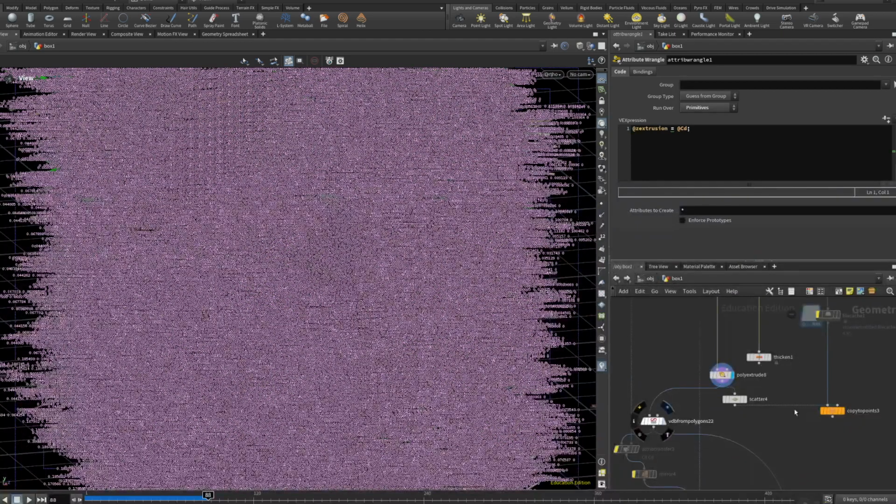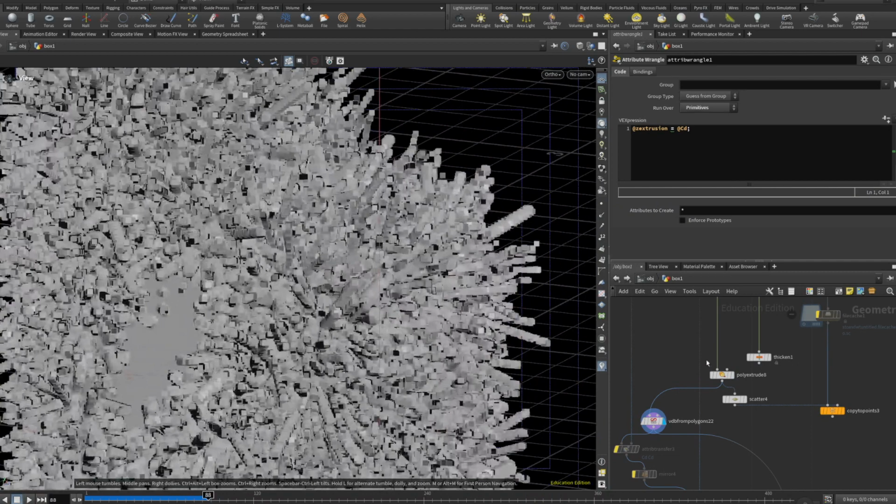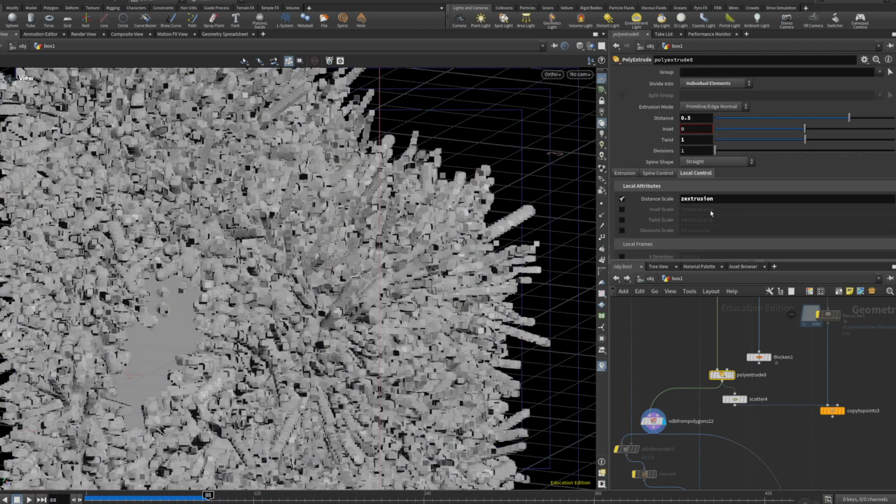Let's have a look at the VDB. Actually, sometimes I'm having those things, sometimes I'm not having those things. But what essentially it is doing, we've created our own distance scale, which is under local control, which is then the CD extrusion. So we're basically extruding by color, which might also be interesting for some other things. And I guess if you're mapping things in a good way, then you're going to have some really interesting effects, especially also when you are, for example, using